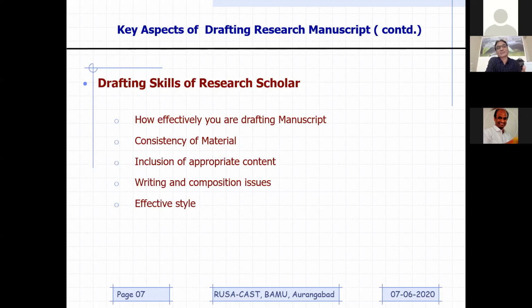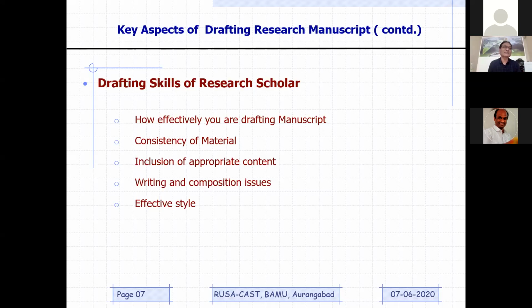This is the skeleton of any manuscript, or a template of the manuscript, or the elements of the manuscript. Consistency means what? Whatever title you have, your abstract should be consistent with your title. Very often it happens that the abstract is something else and the title is something else, right? And whatever you are claiming in the abstract should be reflected in the introduction. Whatever you are claiming in the introduction should be reflected in materials and methods, similarly results and discussion, and then conclusion. So all these elements should be consistent.